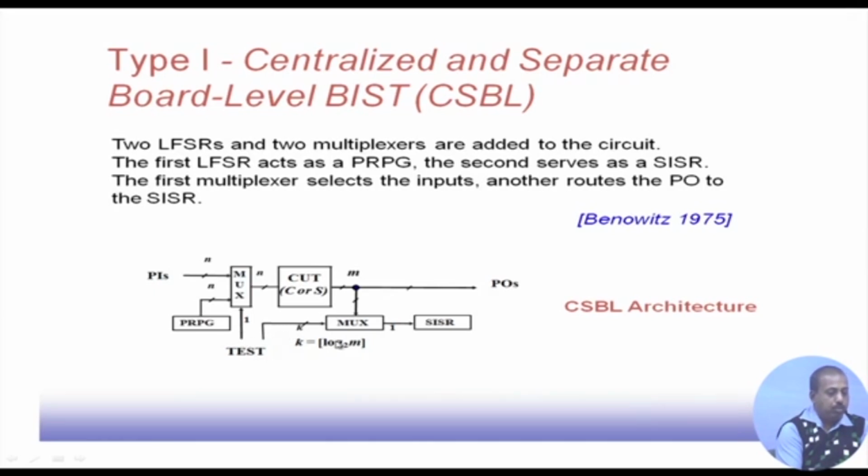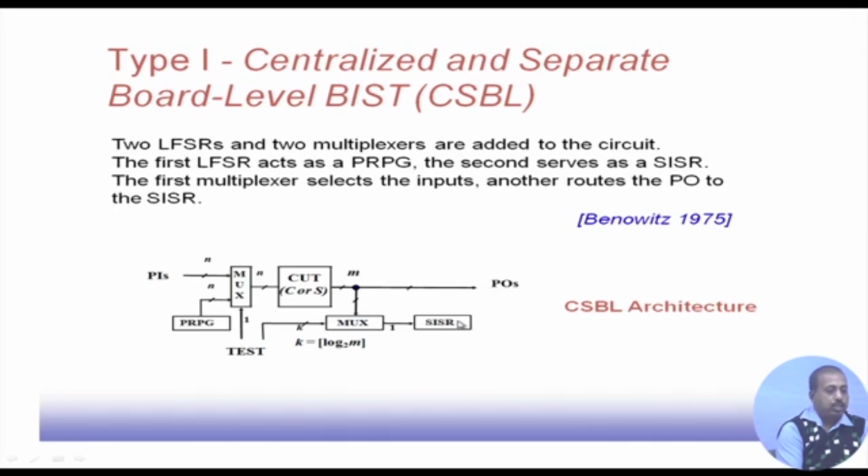Here k equals log m. So, if there are m primary outputs, this will select which of them will go to the SISR. Basically these outputs will be fed serially to the SISR. After the pseudo random pattern generator has generated one pattern, and through this multiplexer it has been applied, there are m outputs, so those m outputs will be selected serially and put into this